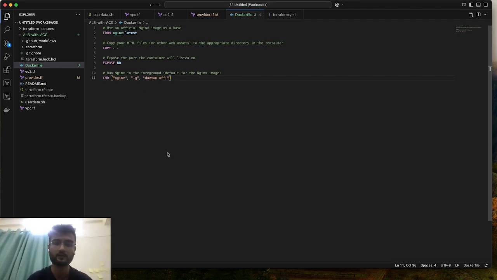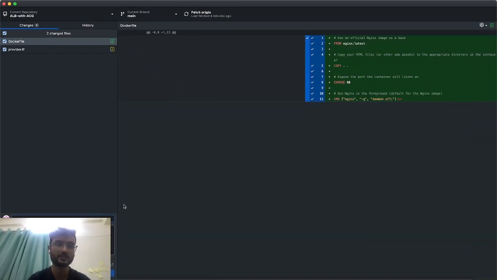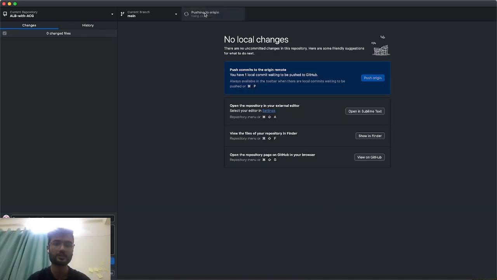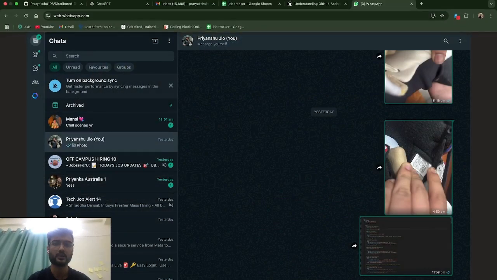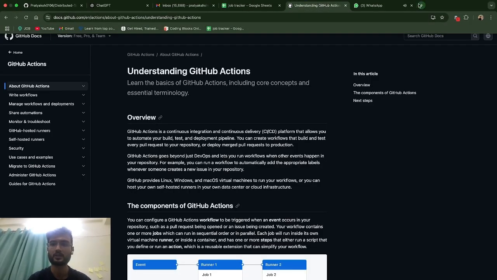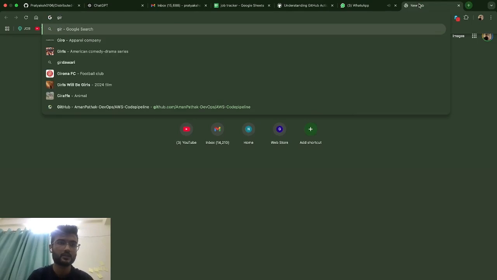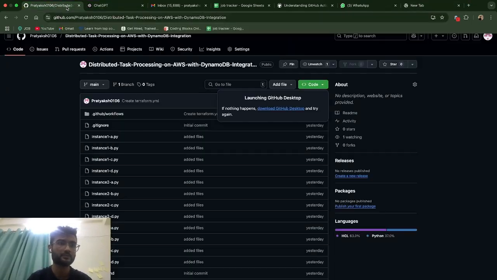Now this is our docker file. Now we are gonna push it and we'll see how the registry or the GitHub pipeline will work. So let's just write "added docker file". I will commit it to main and just push it. I will go back and see our GitHub. This is our GitHub,